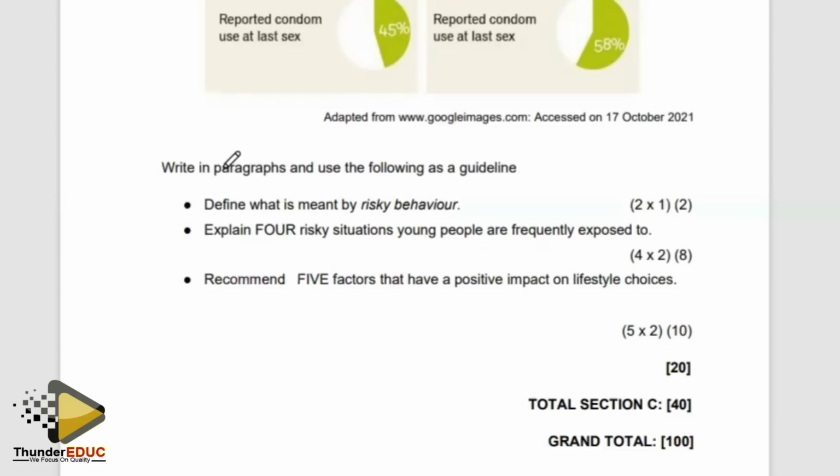All right. The first question you need to answer in your paragraph is define what is meant by risk behavior. Yeah, so for risk behavior, these are types of behavior that may expose you to harm or the risk of harm, which may prevent you from reaching your full potential. So risk behavior, these are